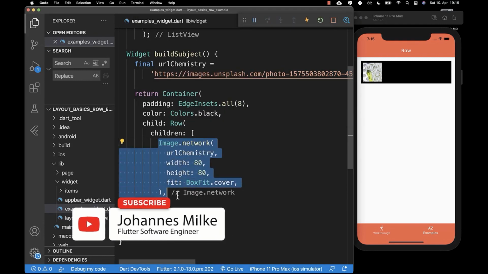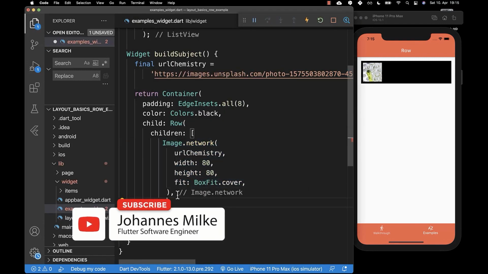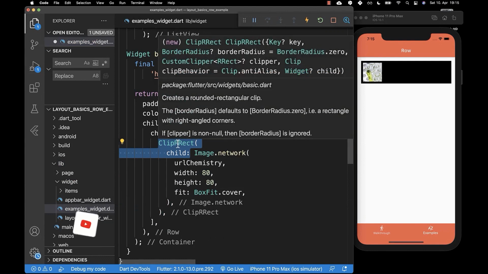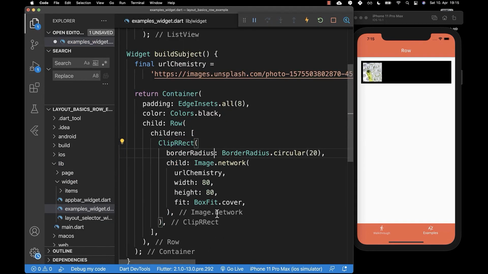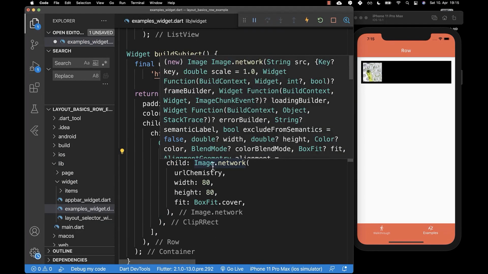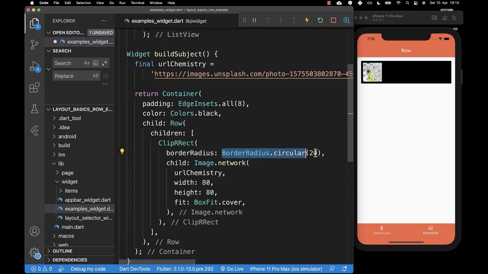Therefore, you simply go to your image widget, and around it you wrap another widget which is called ClipRRect, and then you put the border radius property inside. I set it for example to 20, and this will make our widget rounded, and it simply clips the corners of the image away. And if you want to make it more rounded, then put a higher value inside,